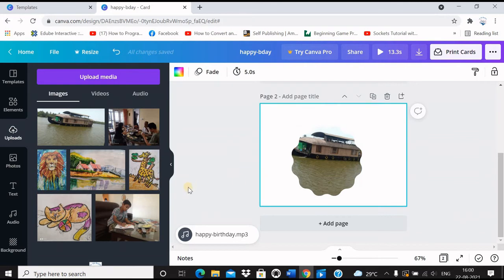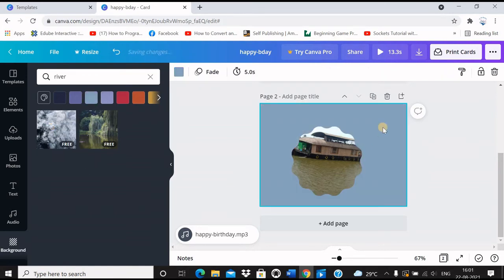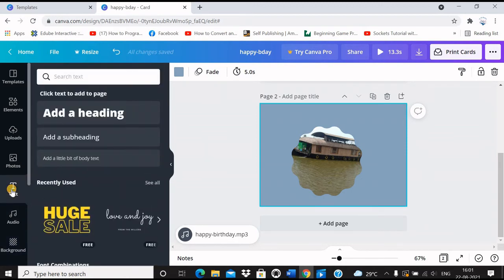Now I will change the background. How about this? It doesn't look good. So I selected a plain background. Then we will add some text to it. Suppose we select this style.